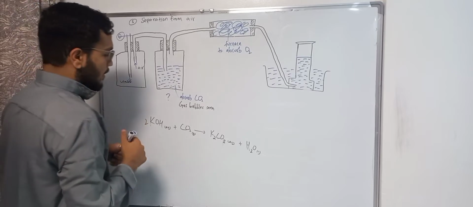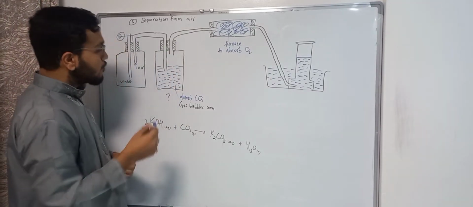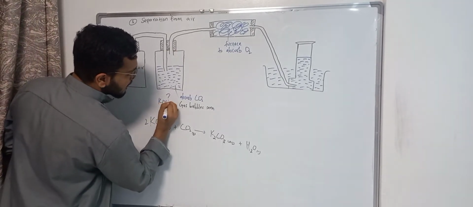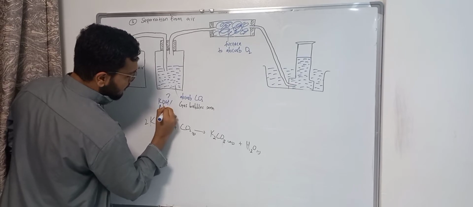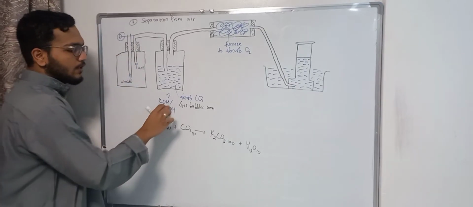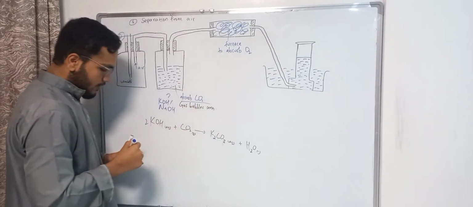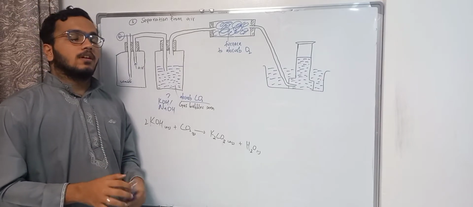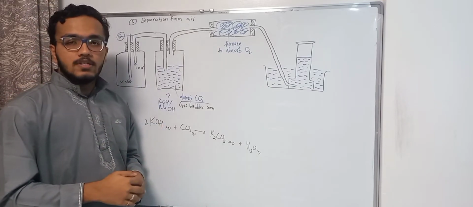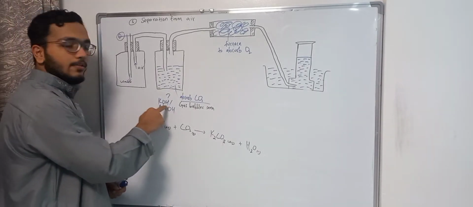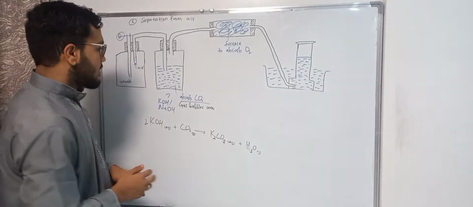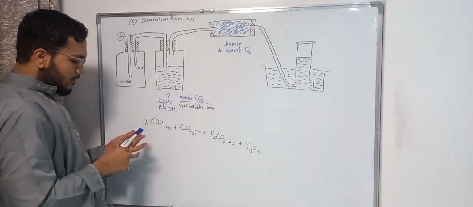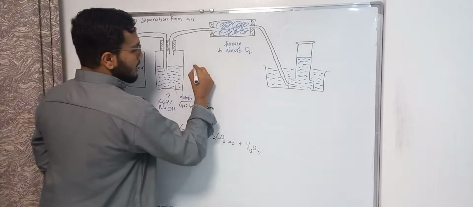You move on to the second one. You pass it through a solution. You bubble the air through a solution of potassium hydroxide or sodium hydroxide. Either of the two. Why? To absorb carbon dioxide. In short, which solutions can you use to absorb carbon dioxide? You can even use three. It is either potassium hydroxide, sodium hydroxide, or calcium hydroxide. So in this case, you use either potassium hydroxide or sodium hydroxide to absorb carbon dioxide. So once carbon dioxide has been absorbed,